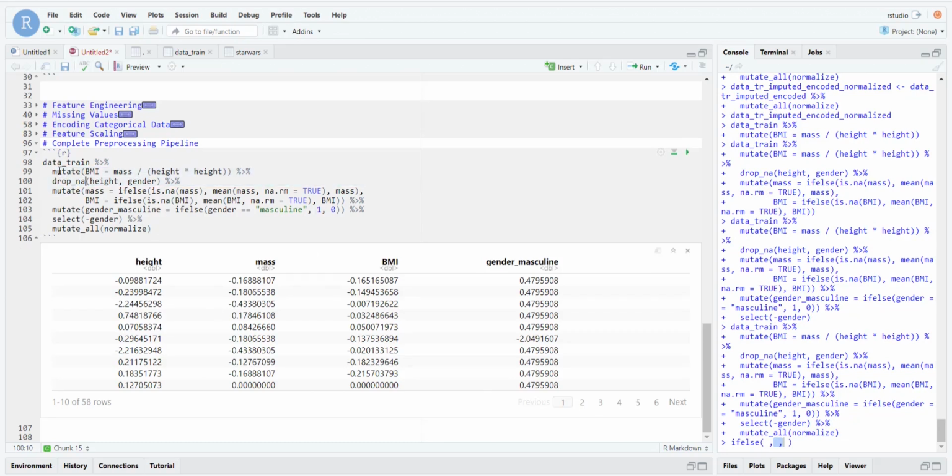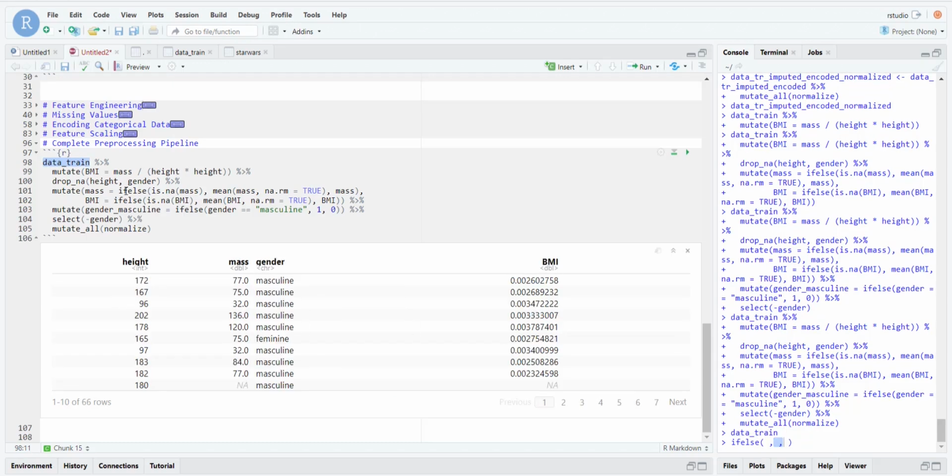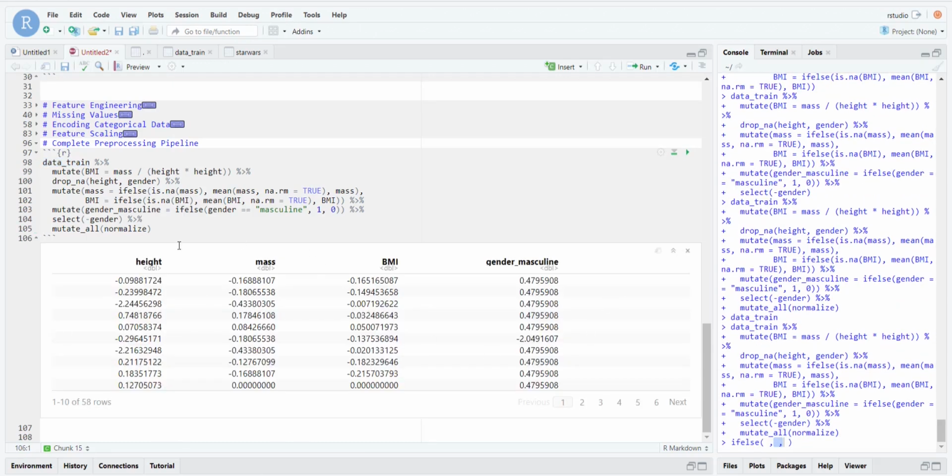It's a single pipeline. So we're creating BMI, we're dealing with missing values here and here, and then we're encoding categorical variables, or vectorizing them, and then we're normalizing them. And so we start with this training data here, that's like this, and we end up with this, which is a very nicely pre-processed and ready for machine learning version of the initial data. That's the complete pipeline, which is pretty cool in my opinion, right? There we go, right? We can save this data train pipeline,